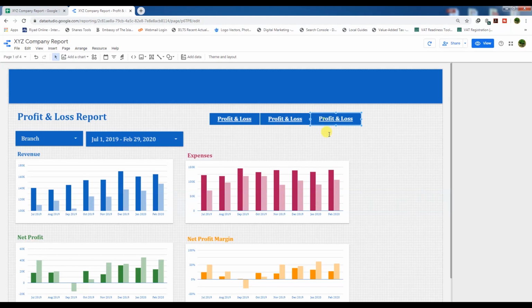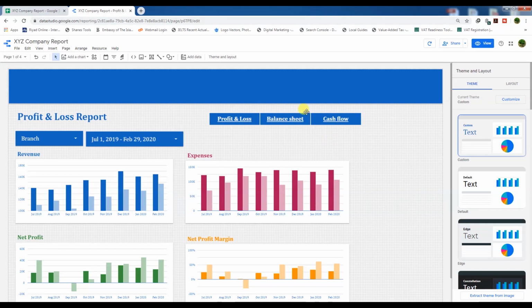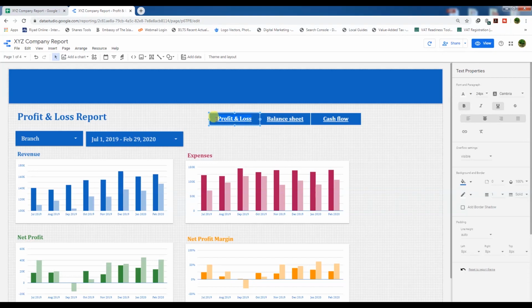We have other buttons also. Let's change the name. Balance sheet. Let's change the name to cash flow. Cool. We have our navigation buttons here, but if we click on them, it's not working. As you can see, we are not going to the other pages. It is not navigating. What we need to do is go to edit, click here, select and link